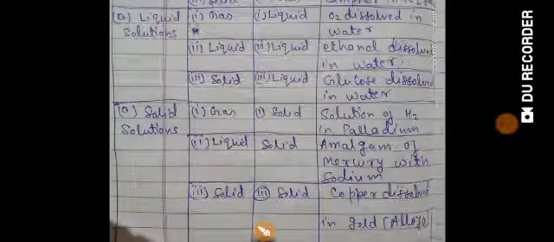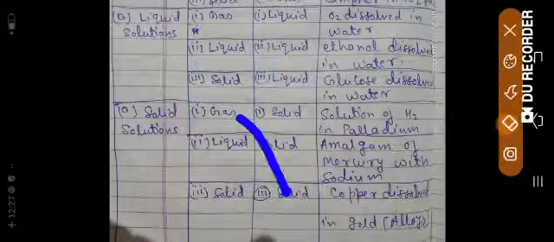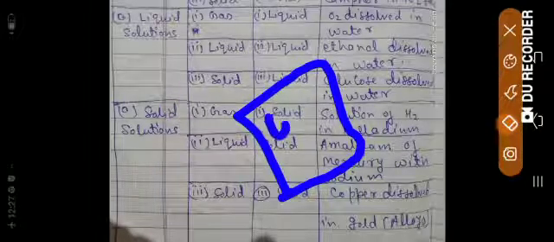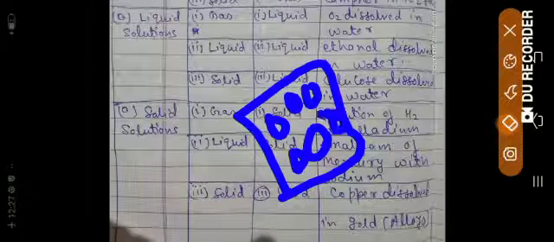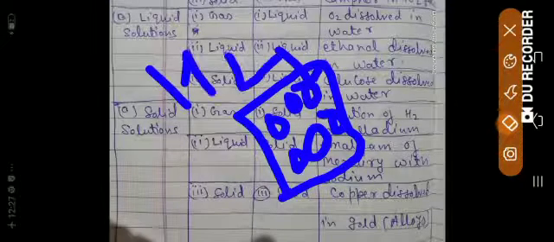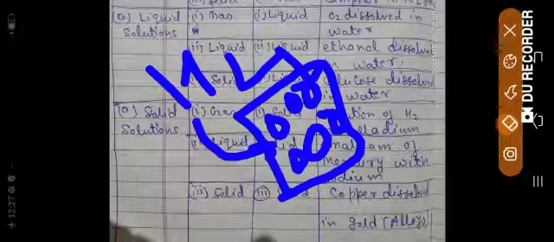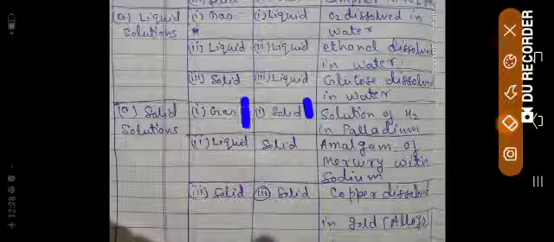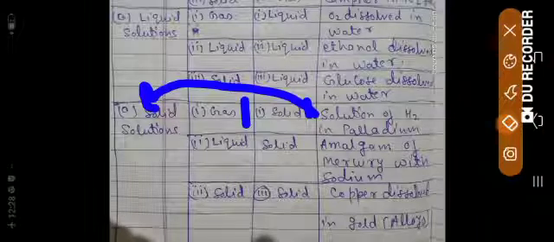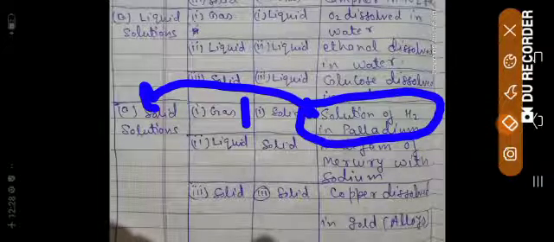Okay, I'm going to explain it one more time. Suppose there is a palladium surface. As I told you earlier, this surface contains so many pores, so many holes. In that, H2 gas gets trapped or resides. Like that, we can say H2 gas is present in solid palladium. So what is maximum? Maximum is solid and lesser amount is gas. So solvent is solid, that's why it is a solid solution. So the example is solution of H2 in palladium.